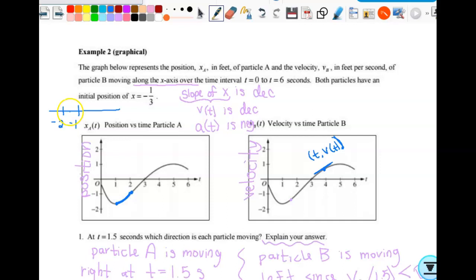And then what is it doing, guys? Okay, it's going closer to the origin. Its initial position is to the left of the origin, and it's moving to the right. Do you see why that initial position is important? Because I can be over here and moving right, and I'm moving away from the origin. But because our initial position is to the left of the origin, and we're moving to the right,